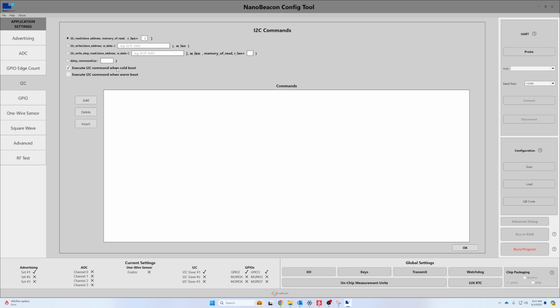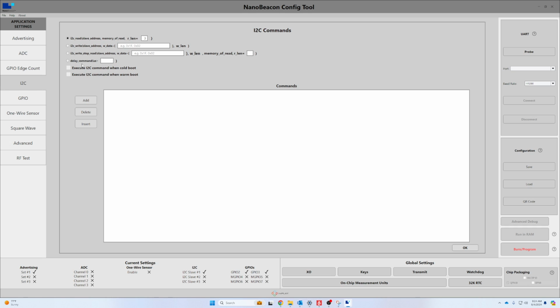Cold boot is basically when the I100 wakes up from a powered off state. So say you put a battery in and it turns on for the first time. That would be a cold boot. Or you reset the system. That's a cold boot. And then a warm boot is just a wake up after being in the sleep state. So it wakes up to advertise, for example, but it had advertised previously. It wasn't just coming back to wake from a powered off state. That would be a warm boot, right? So you have the option to have both of these and then just one or the other, whichever you needed,